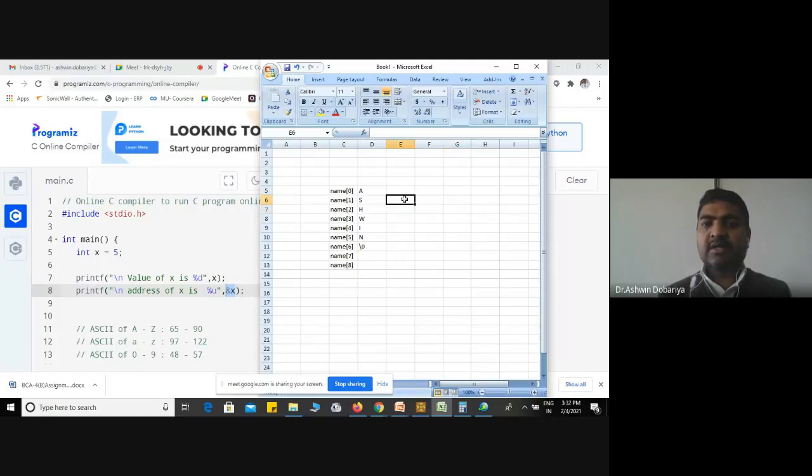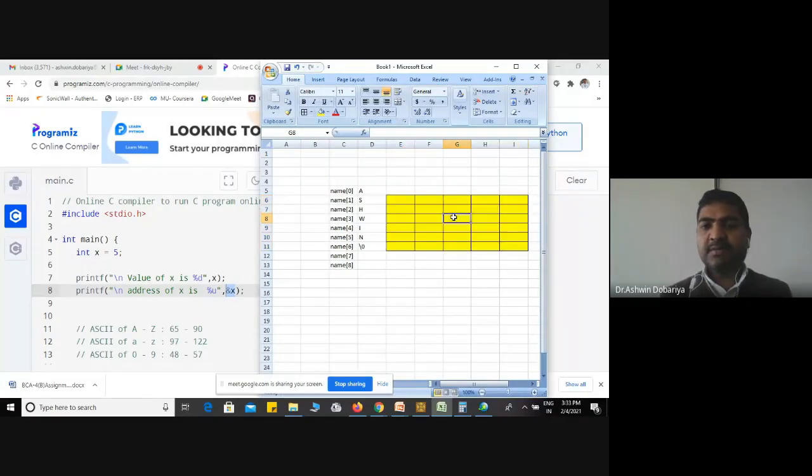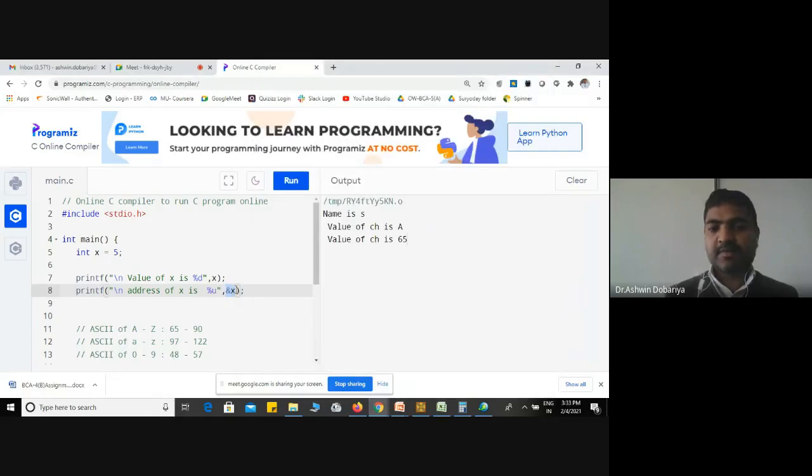Consider this is the memory area. If you declare int x = 5, it means in this particular area, the name is x, the value is 5, and the address is something we cannot identify ourselves, because the address is allocated at runtime. Whenever you execute a program, this address will be allocated at runtime. But for your understanding, I am mentioning 2500. And if you want to see on which address that variable is allocated, you can see it using %u.